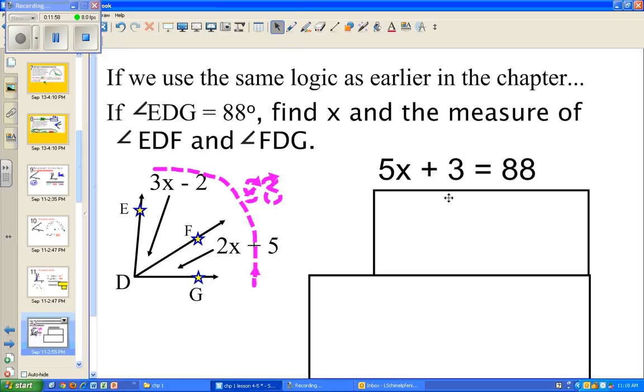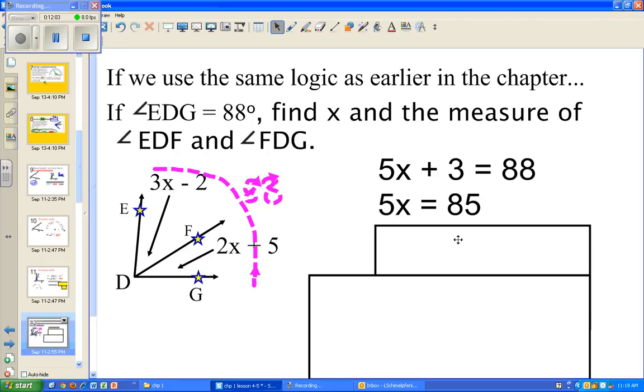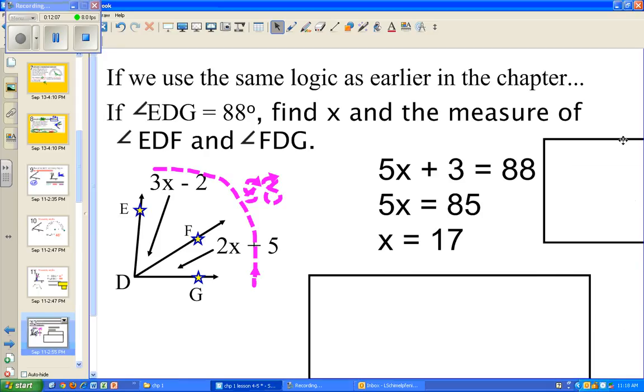Okay, so then solving it, again, subtract 3 from both sides and you get 5x equals 85. Divide both sides by 5 or multiply by 1/5 and you get x equals 17. And remember, always read the question. It says find x, so that's one part of it, but it also says find the measure of the 2